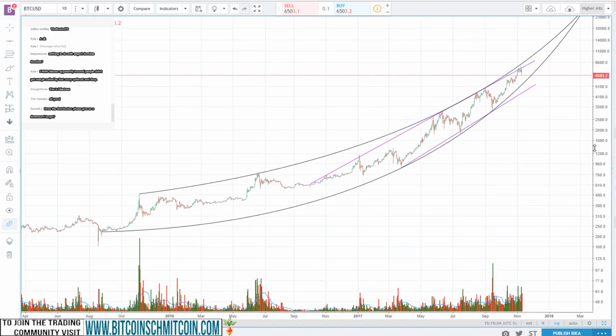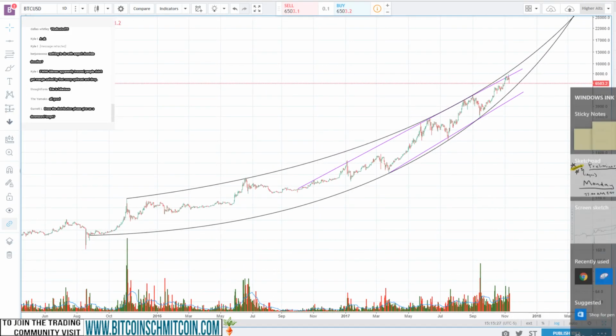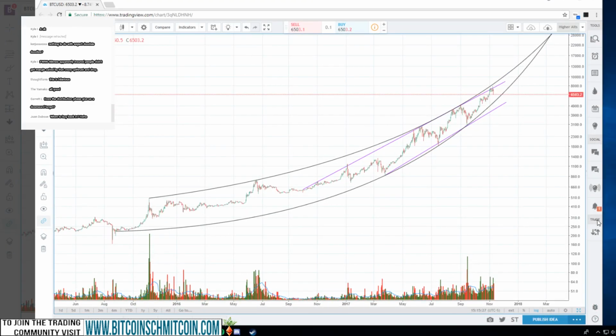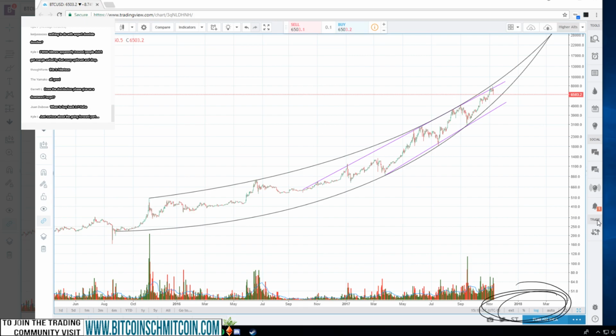again, just to rehash what we went over last stream, we've been bound by this parabolic envelope throughout the life of this 2-year bull run. So we see it, this is the parabolic envelope here and here. And over the past year, we've been bound by not only the parabolic envelope, but this linear channel right here. And keep in mind, this is on a log scale, so the effects of this are actually greater than just the price dollar movement. This is more percentage of movement. And what we can see here is that every time we've tested this, we've gone through a correction phase, and that's what we're starting to see right now.